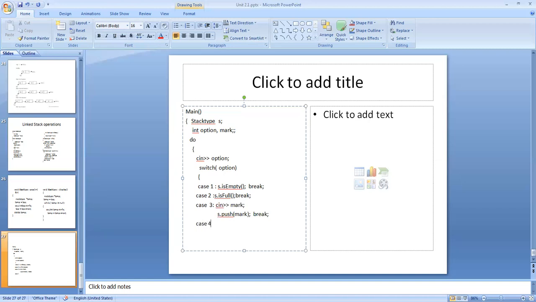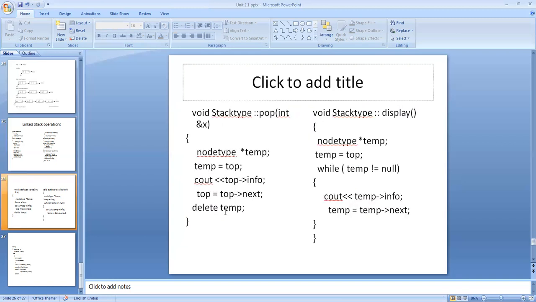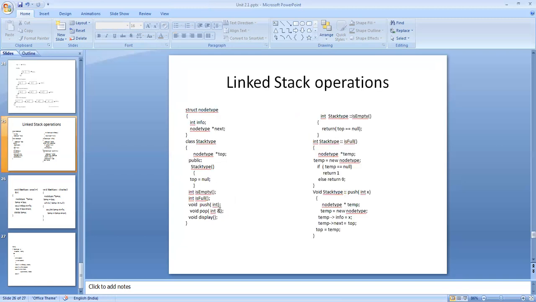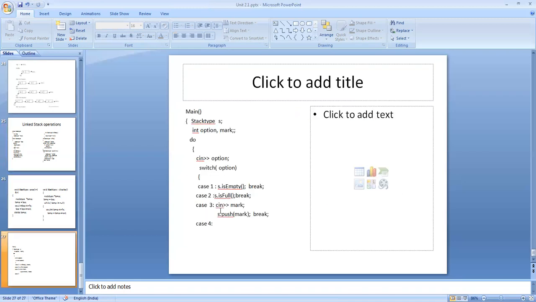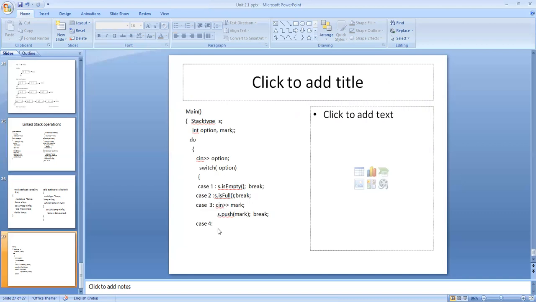Case 4. Case 4 has a reference parameter. So void. So what I do is s dot pop mark.